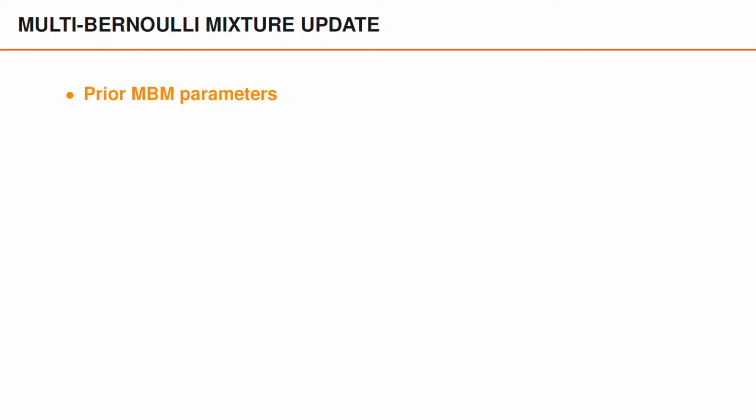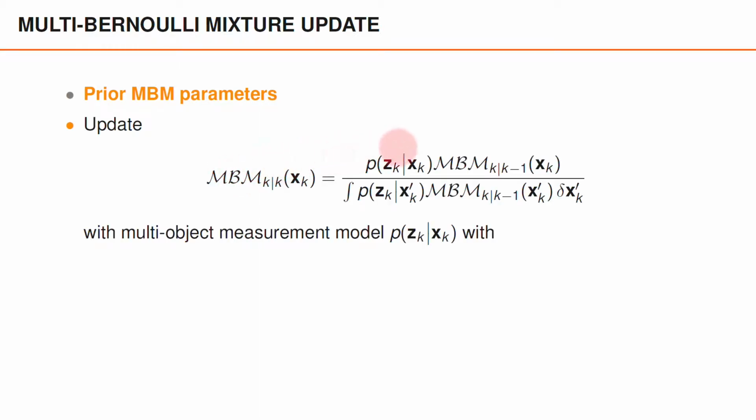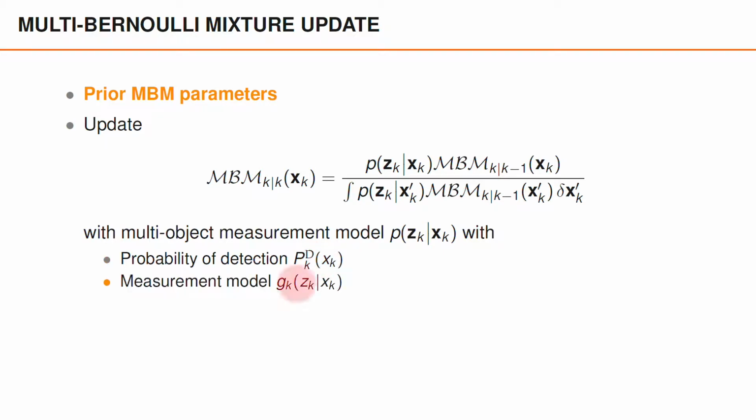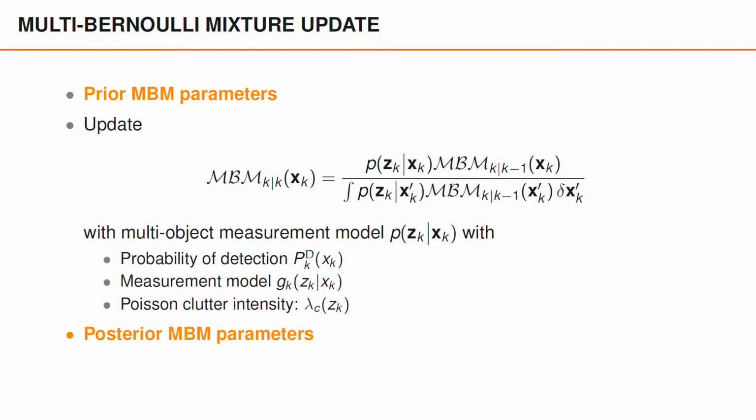Welcome! In this video, we present the update step in the MBM tracking filter. In the MBM update, we start with the parameters of the prior MBM density, and the goal is to compute the base posterior MBM density for the standard multi-object measurement model that has a probability of detection, PD, a measurement model G, and Poisson clutter with intensity lambda c. And specifically, we're looking for the parameters of the posterior density, and that is what we will learn about in